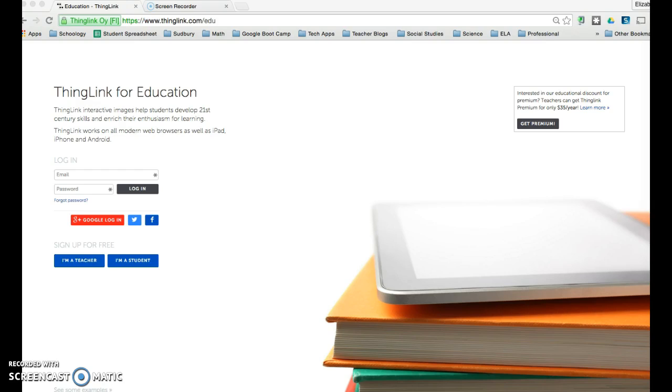But now it's time to make the image interactive and to actually add more information to it so someone viewing the image can learn more about the gods and goddesses in your family tree. So to do that, we're going to be using ThingLink. ThingLink is a tool that helps us make any still image more interactive and have lots more learning opportunities for the people viewing it. So to log in, we're going to go to